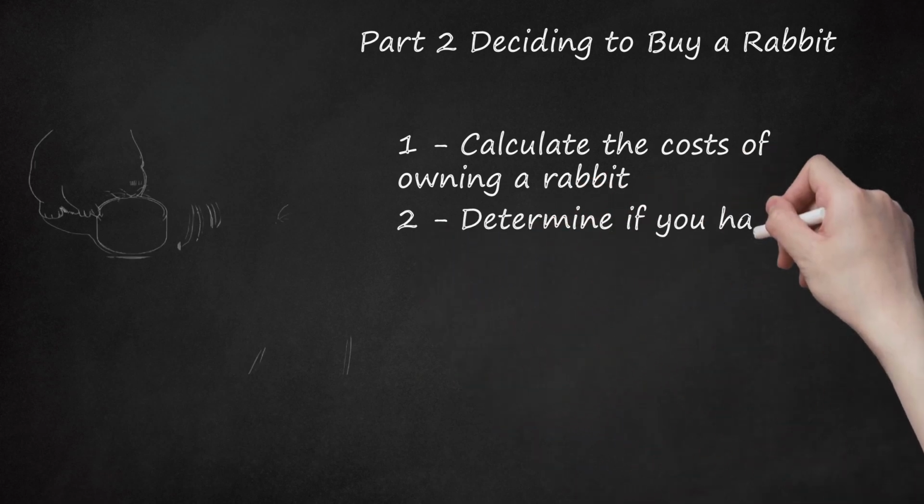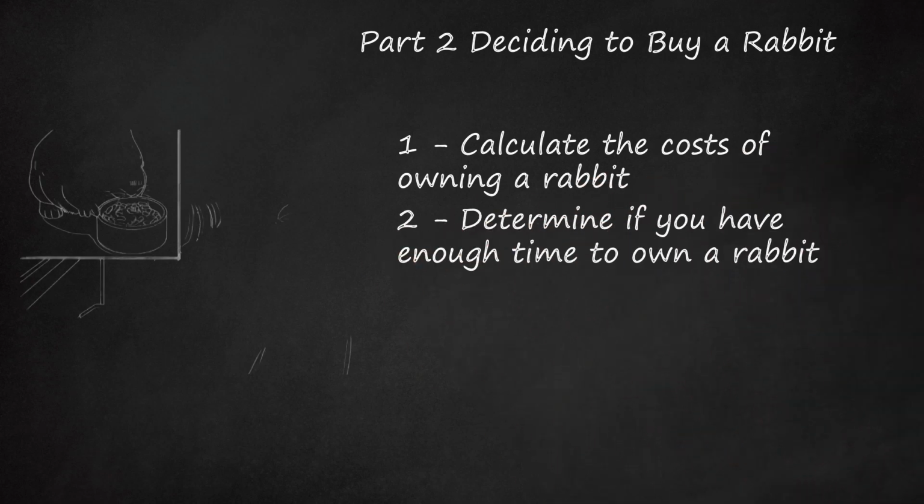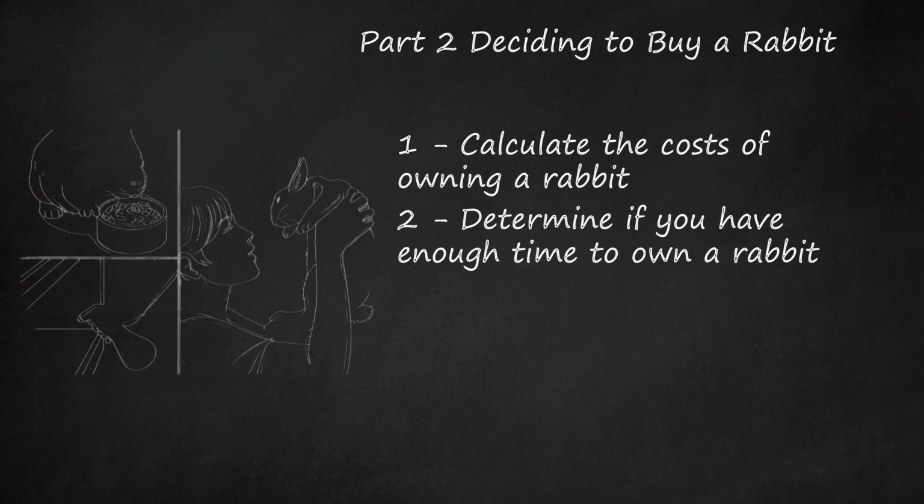2. Determine if you have enough time to own a rabbit. Having a pet rabbit can be time-consuming. For example, you would need to feed your rabbit twice daily, tidy his cage once daily, and thoroughly clean his cage once a week. In addition, you would need to provide your rabbit with daily mental stimulation, for example, chew toys,